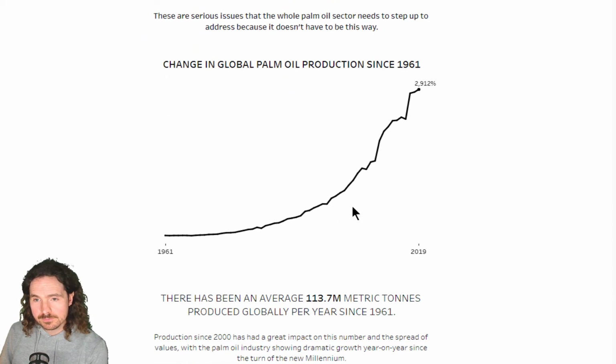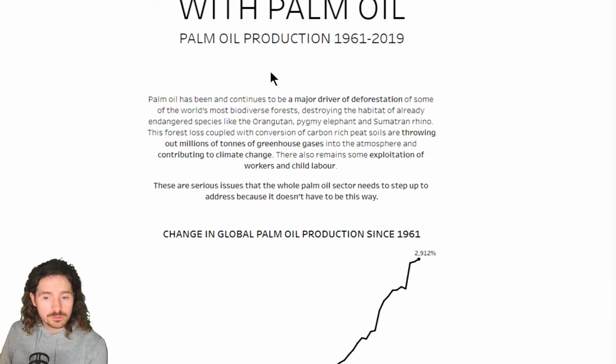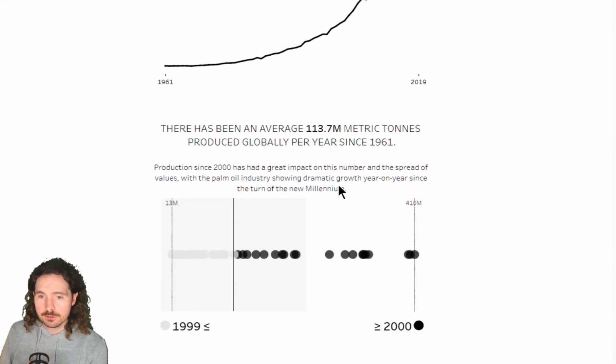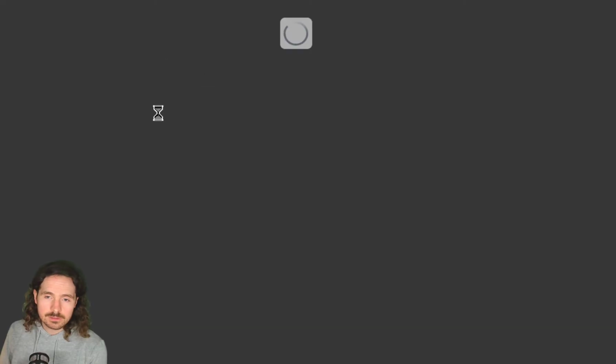Kind of, it's got some information or some text, and you've got your data to support the text, and then it makes another claim, and then it has the data to support the claim, and then